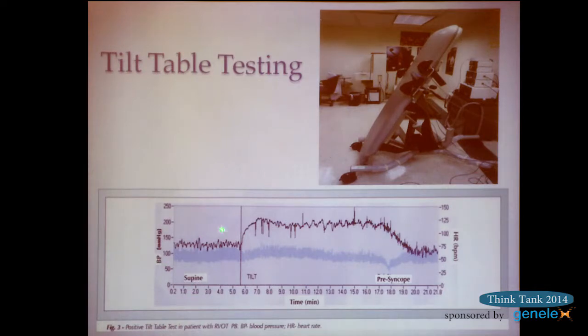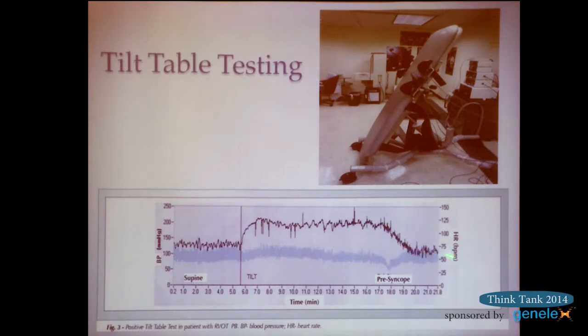So in the black is the heart rate response when the bed was tilted at this time point. This blue phase here is the blood pressure response, and the patient obviously had a tachycardic response to head up tilt, and then at some point 17, 18 minutes down the line, the patient became hypotensive, and coincidentally, the heart rate dropped as well. So you had a near syncopal, or at least pre-syncopal event here, if not a fully syncopal event.